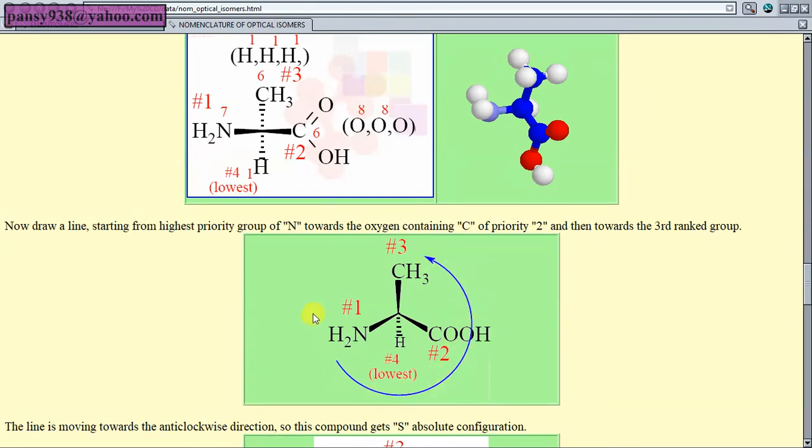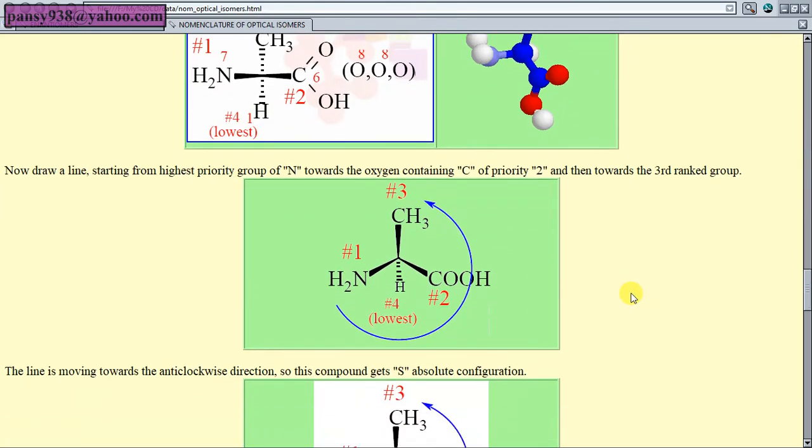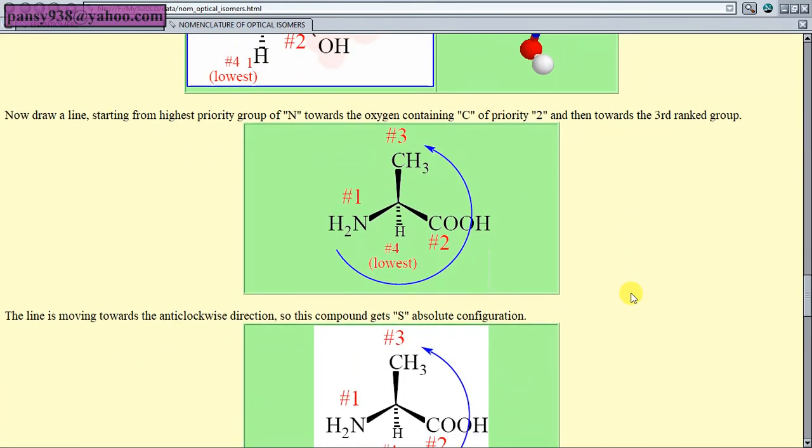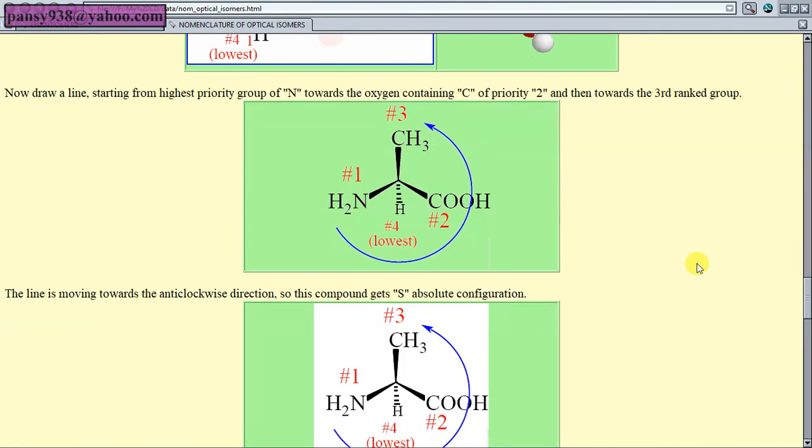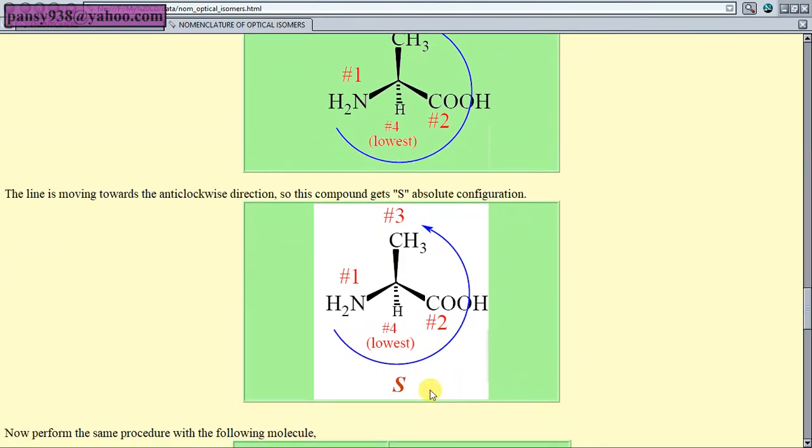It means that it is projecting in the anti-clockwise direction. And if the compound is in the anti-clockwise direction, its configuration is S. So this compound is of the S series,